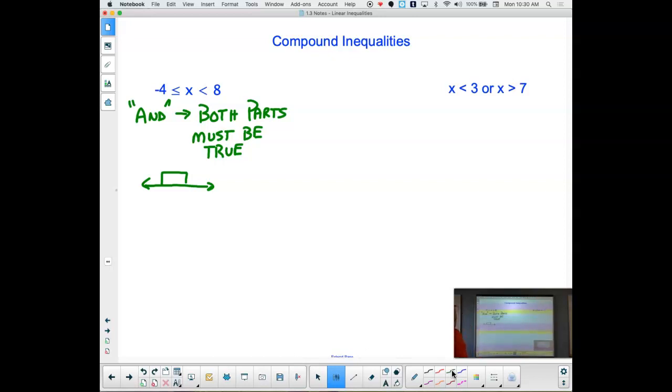The other one over here, I know you're going to be shocked at this, is an OR statement because it's got an OR in it. So that one or the other one has to be true, and this graph